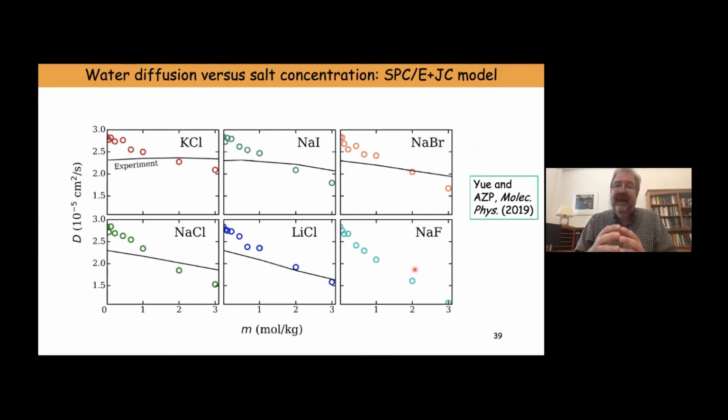You do the same thing now for the water diffusion versus salt. This is another property that's very important, and you find that the diffusivity of water for this particular model, well, the pure water, the model overpredicts the diffusivity of real water by a little bit. But more concerningly, the dependence on added salt is incorrect. So as you add salt, you have a much stronger reduction in the diffusion coefficient of water,